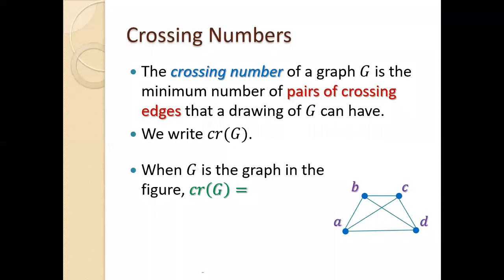Okay, I see a lot of 1s. Oh, and a 0. Very interesting. Let's see. So what was the definition? Let's go back. I'm trying to confuse you a bit here. The definition is not about this specific drawing of the graph, but out of all possible ways of drawing this graph, what's the minimum number of crossings I can find? So this drawing has 1 crossing. Can you draw the same graph with 0 crossings? What do you think? Can someone maybe draw the same graph with 0 crossings?